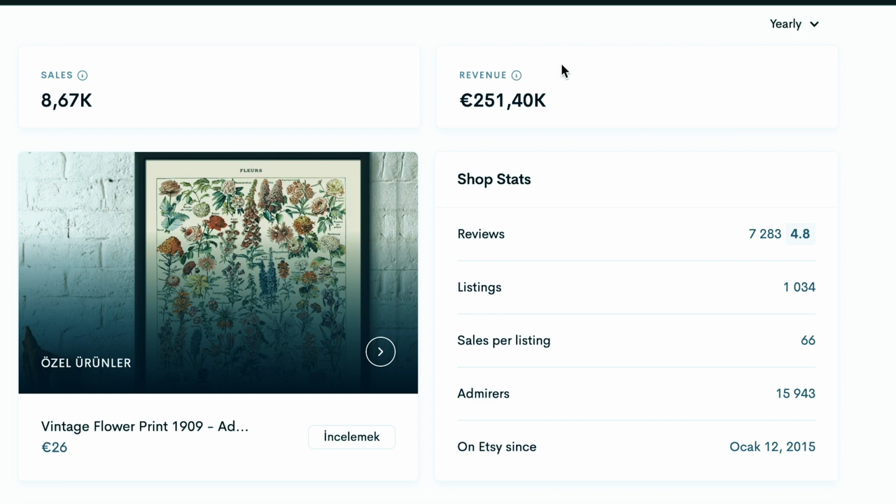Although monthly revenue is attractive, we should check out the store's lifetime revenue because many shops understandably generate a significant amount of money throughout the Christmas season. And after checking with my tool, I can tell this store made more than $1.3 million, which is of course an amazing number. If you check out other stores also, you will see a lot of niches that are profitable,